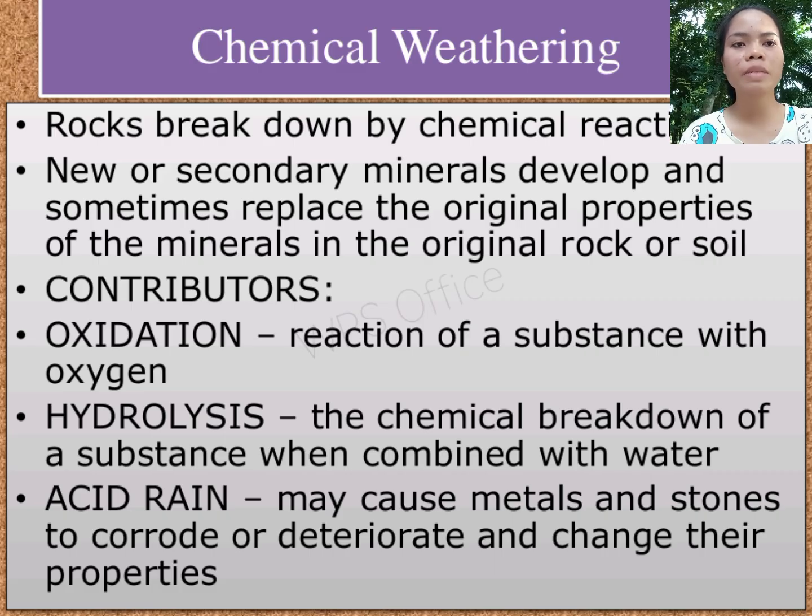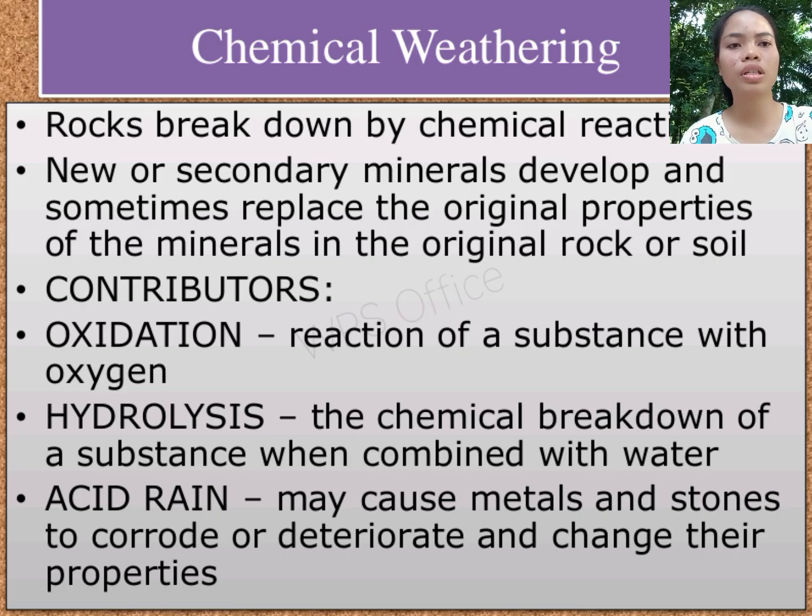Chemical weathering is the process by which rocks are broken down through chemical reactions, leading to changes in their mineral composition. This often results in the formation of new secondary minerals, which may replace original ones in the rock or the soil. Oxidation occurs when a mineral reacts with oxygen, often causing rusting in iron-rich rocks, weakening them over time. Hydrolysis involves the chemical breakdown of minerals due to reaction with water, commonly forming clay minerals from feldspars. Acid rain contains weak acids that can accelerate chemical weathering, leading to the corrosion and weakening of metal and rocks